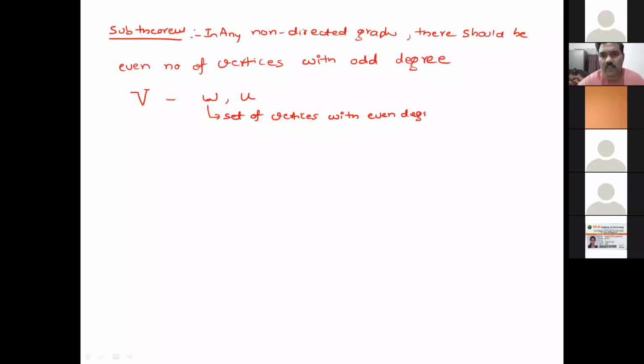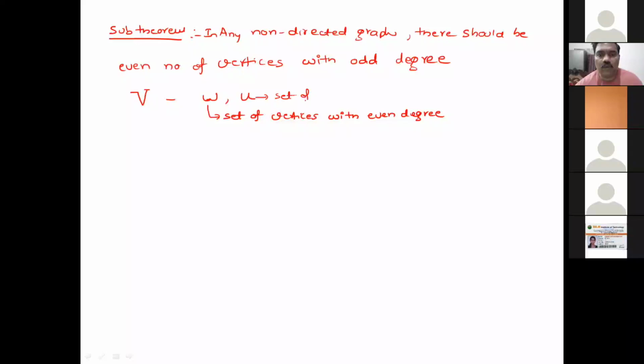That means given vertices, I am dividing into two groups. The vertices with even degree and the vertices with odd degree, only two groups. The vertices with even degree, that subset I am calling W, and U is a set of